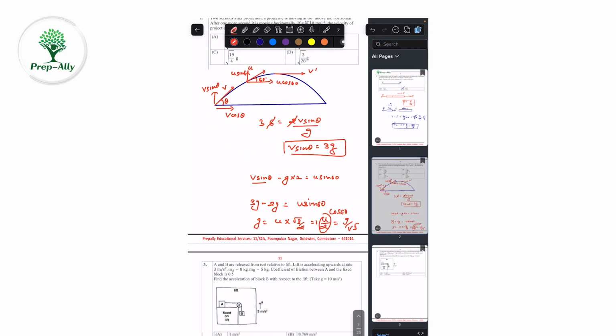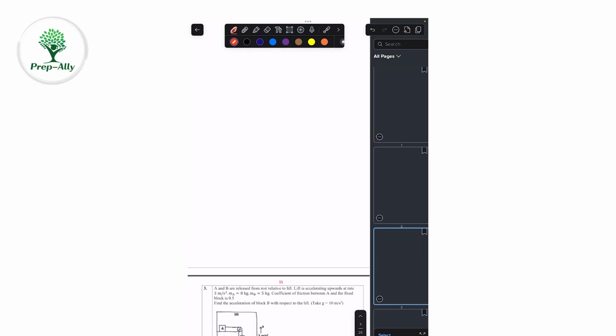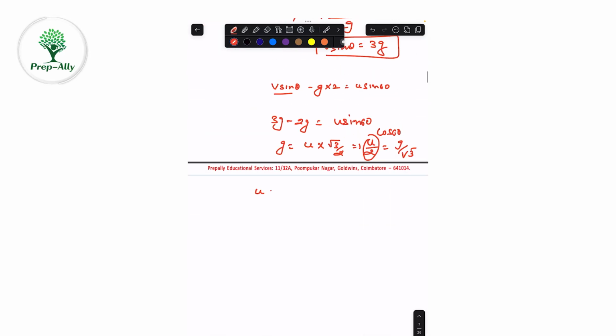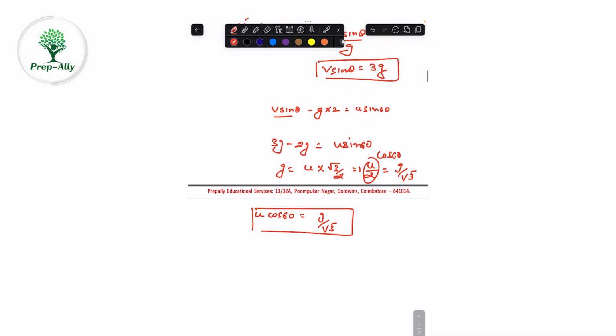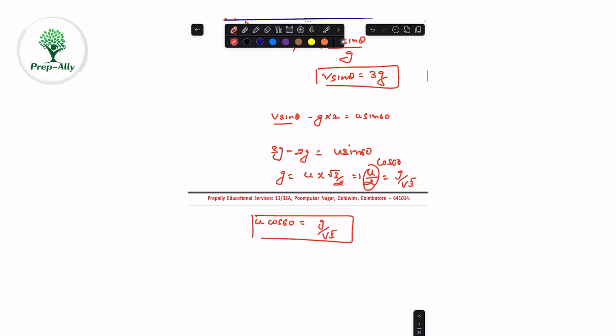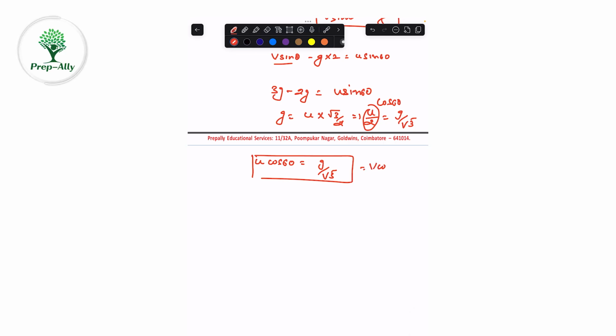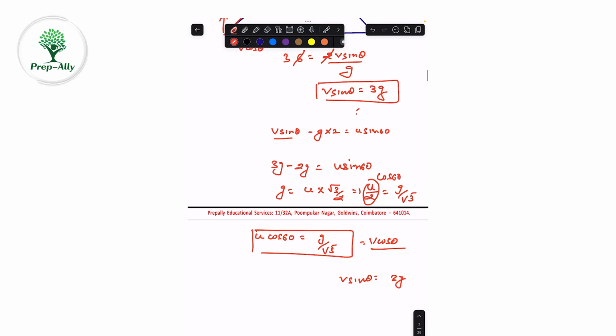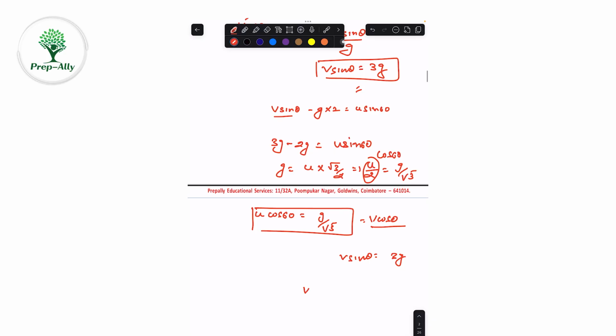So at the end what we are getting is u cos 60 is equal to g by root 3. Now one more thing, u cos 60 is the same as v cos theta. Why? Because the horizontal velocity never changed, so we can say v cos theta is equal to this. Also we have v sin theta, which is 3g from here. So if I have to find v, I'll have to square them both and then take a root of the addition, so it will become